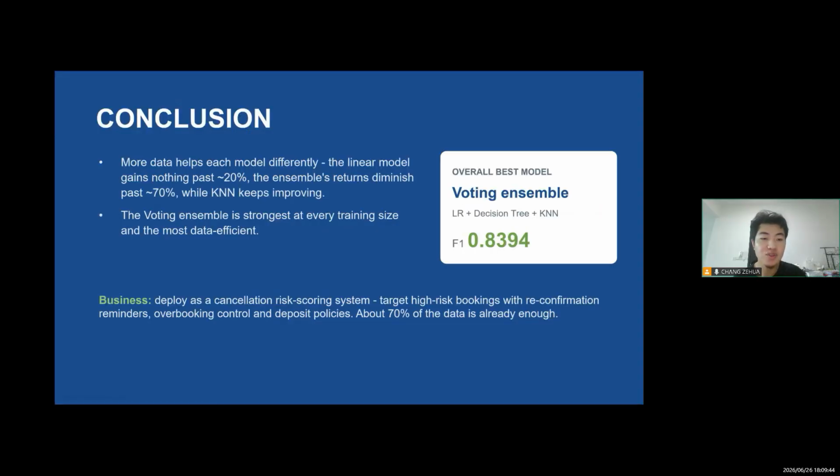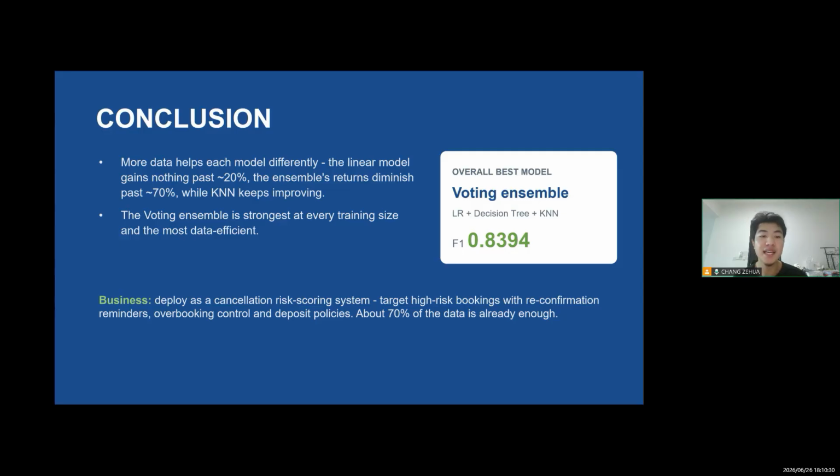0.8394. So, to bring everything together across the 4 experiment sets, KNN was the best single algorithm. Feature selection gives no real gain because our features are already informative. Ensembling does help, with voting beating every single model, and my set 4 confirmed that this voting ensemble is also the most data efficient. Our overall best model is therefore the soft voting ensemble of logistic regression, decision tree and